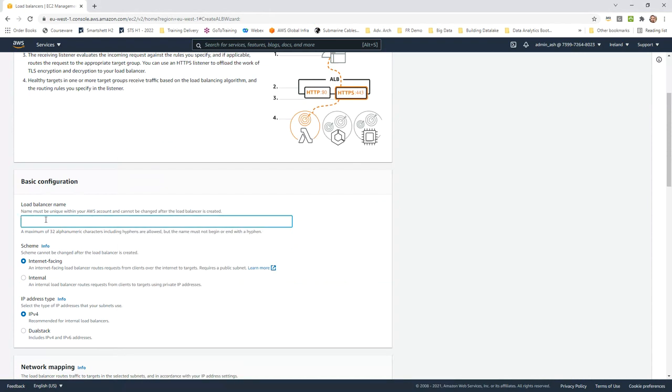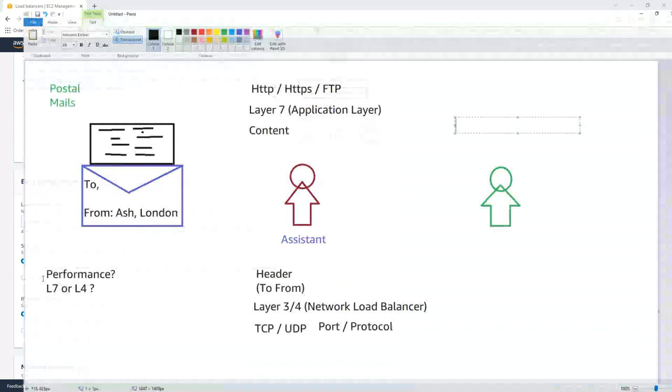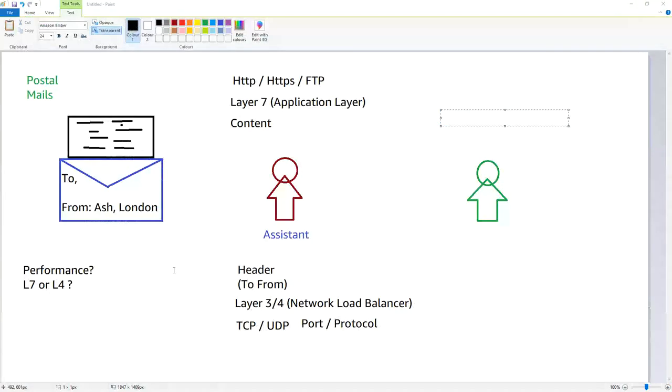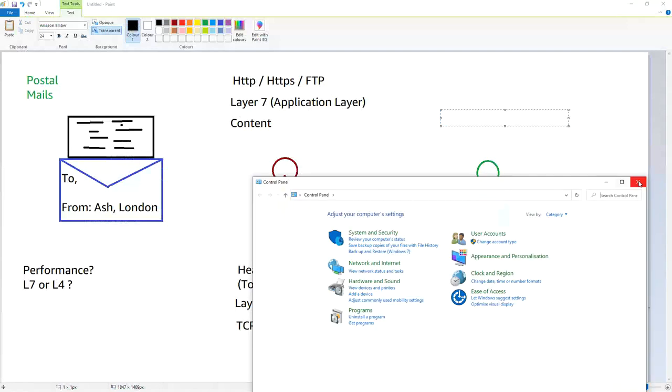So I'm going with the name of a load balancer. Let's call it demo ELB01. I can decide, is it going to be an internet facing load balancer or is it going to be an internal load balancer? What we mean by this, sometimes a customer may want to create an architecture which is a little different than a traditional application. Let me open another paint and try to draw that architecture for you, where we may use a sandwich type of approach with multiple load balancers in there. Give me a minute. Let me open paint again.